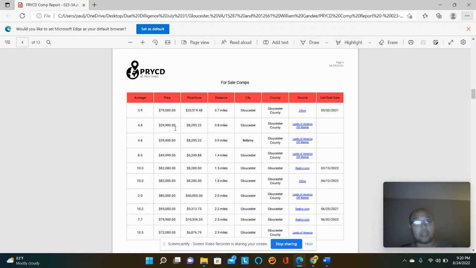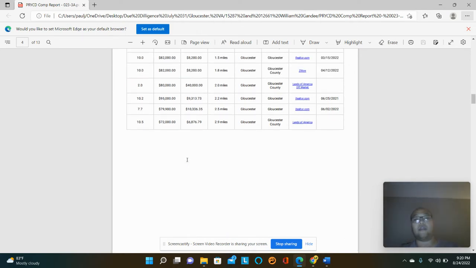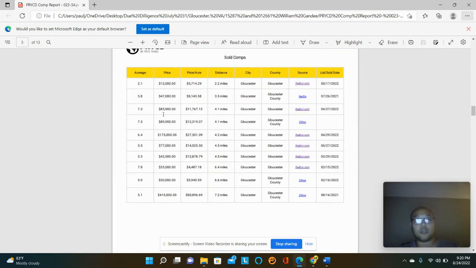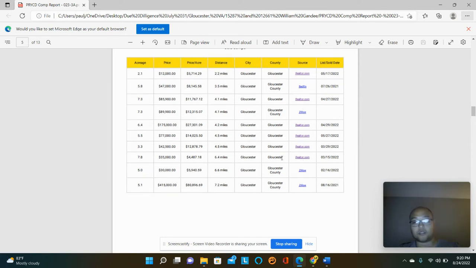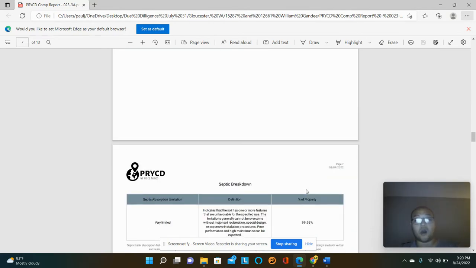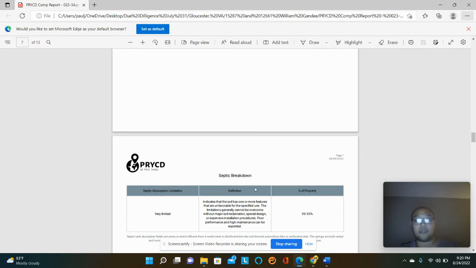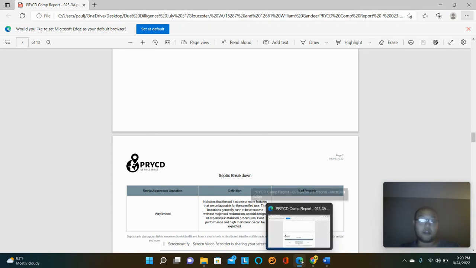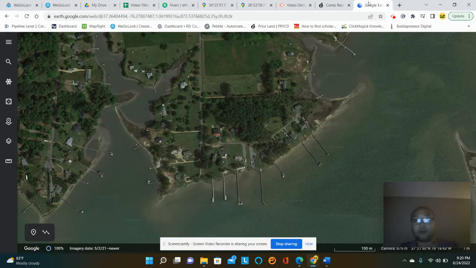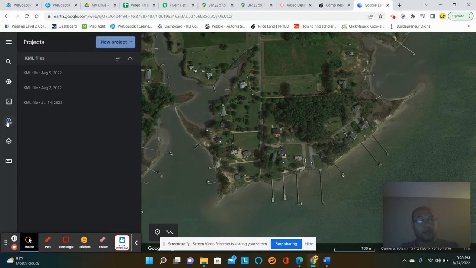The land course that I have is more conservative than this, and I found that I've had to readjust things once I got this report. These are some of the sold comps based on the acreage using different sources. I thought that was pretty helpful because you get a gist, and then it'll also break down the slope. Another cool thing is the septic breakdown. I'm not sure how accurate this is, but another cool thing is that you'll get a KMZ file. So on Google Earth, what you'll do is